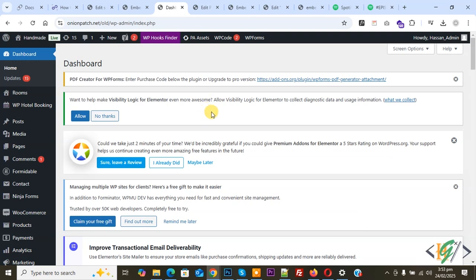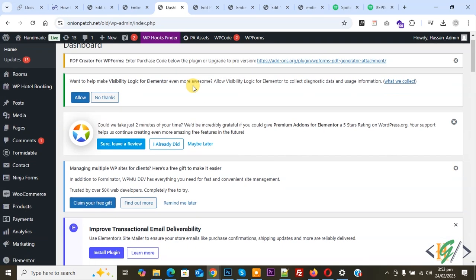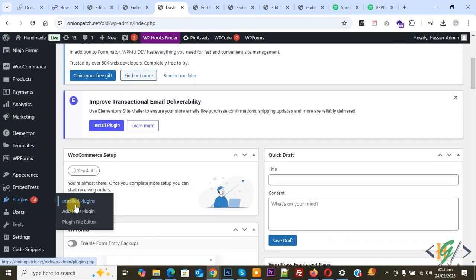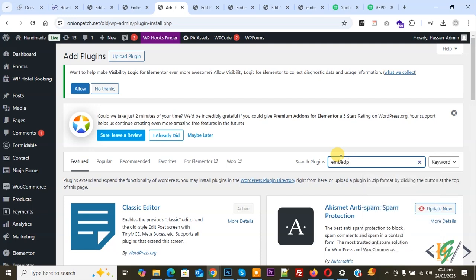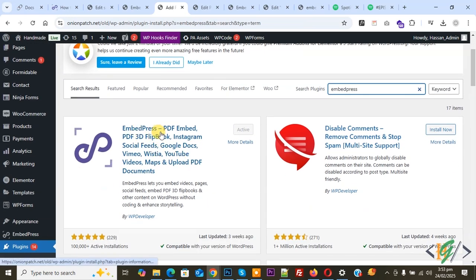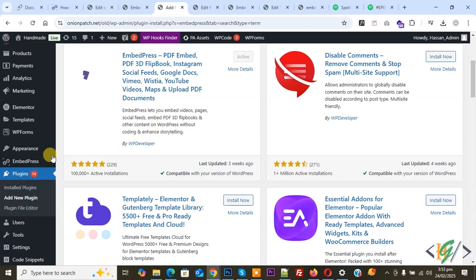So we are in the WordPress dashboard. On the left side you see Plugins. So click on Add New Plugin. Then in the search plugin box, write EmbedPress. So this is the plugin EmbedPress we will use. You will install this plugin and activate it, and after activation on the left side you see EmbedPress, so